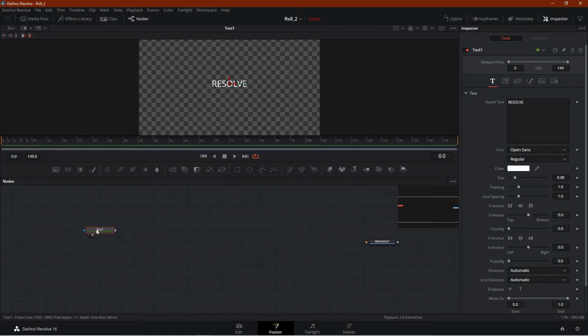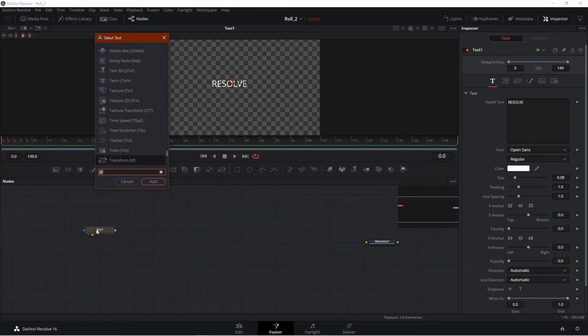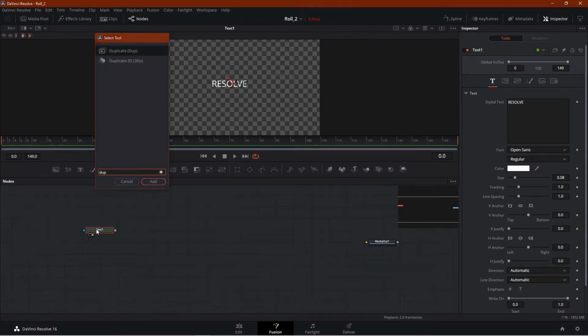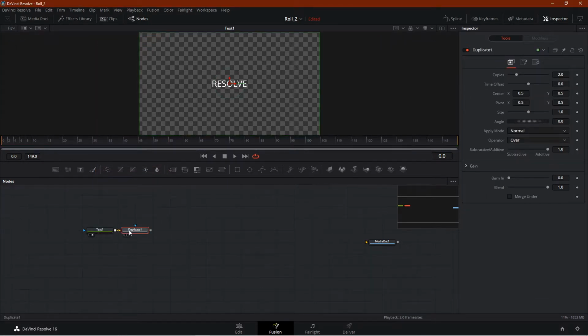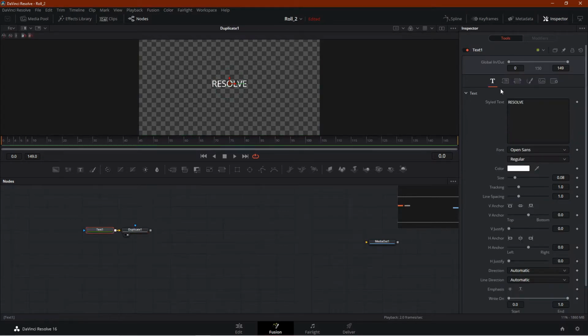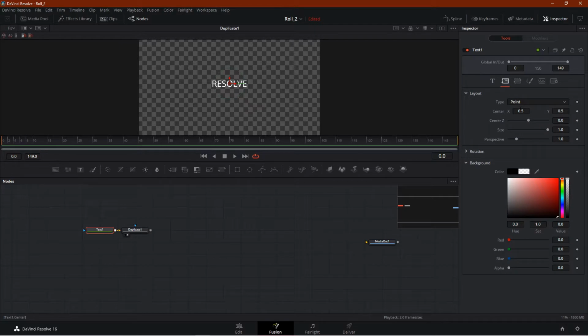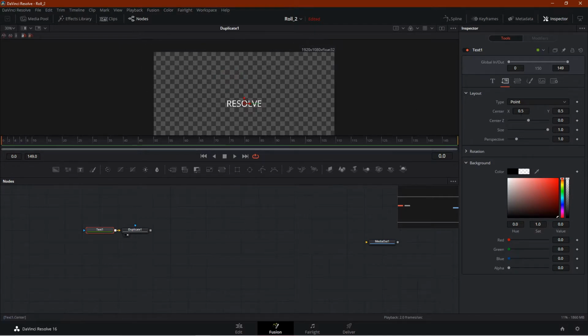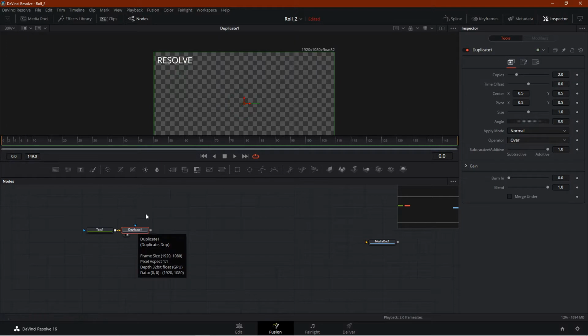Now add a duplicate node. Press Ctrl space, type duplicate and add it. Press 2 to preview. Now go to the text node and go to the layout. Now put it on the top left. Now in the duplicate, give the number of copies you want